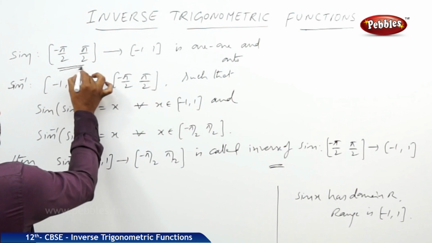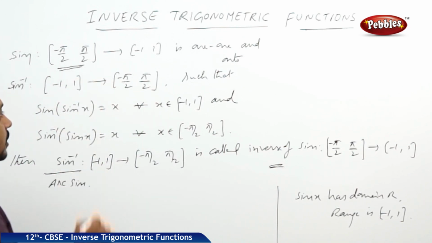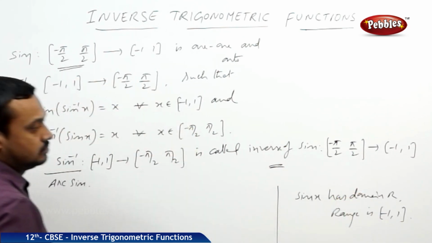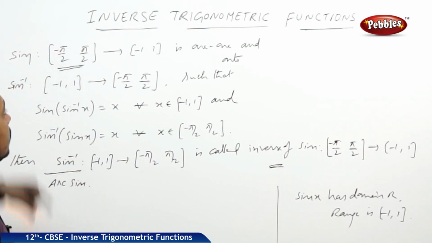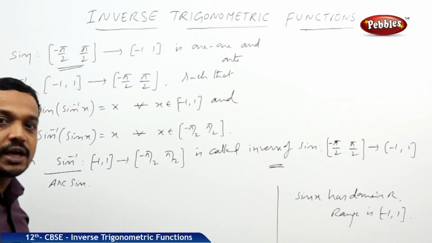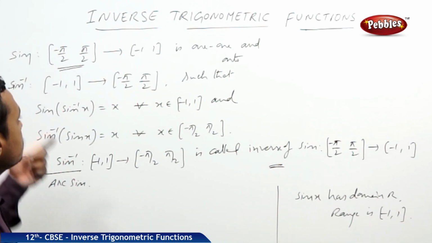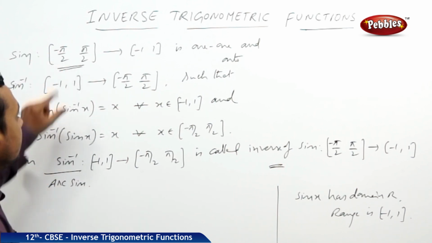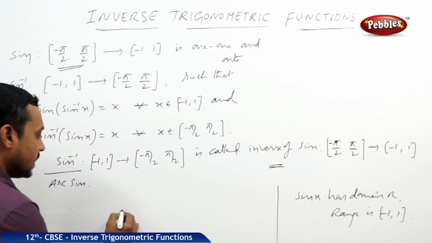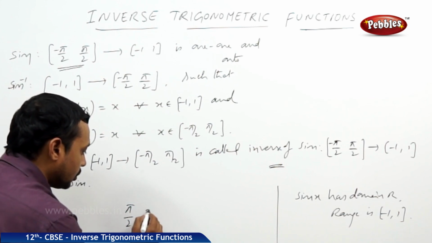But this restricted domain minus pi by 2 to pi by 2 is a subset of R. Why can't we take only this particular interval, minus pi by 2 to pi by 2? Because the sine is one-one in that particular interval only. Suppose we consider another interval, pi by 2 to 3 pi by 2,